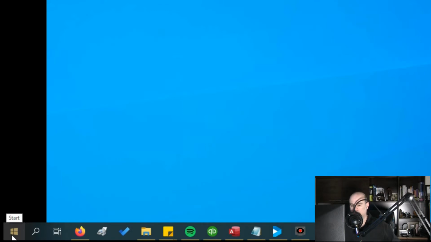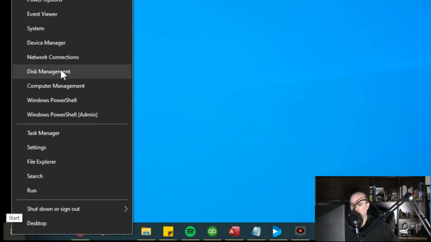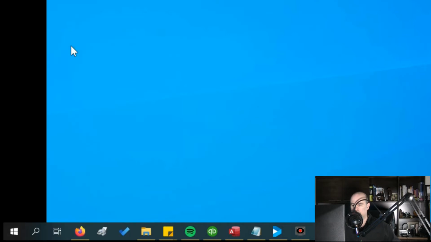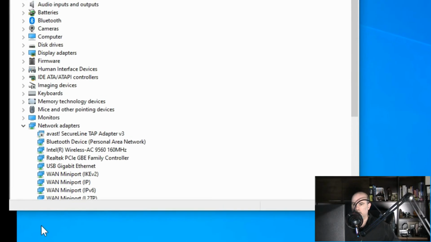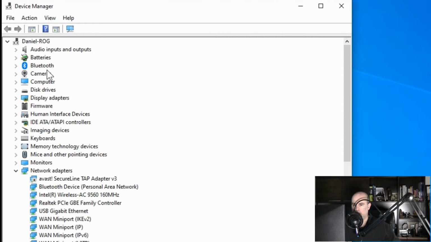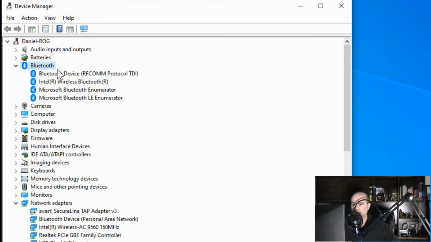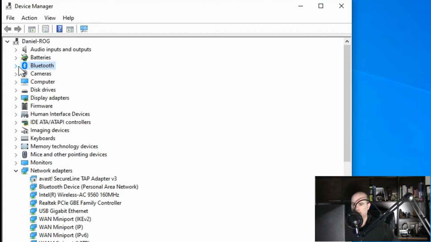The other area to check is in the device manager. So you can right click on the start button and go to device manager. That's just one of many ways of getting to it. The first most obvious thing here is there's a category called Bluetooth. So you should see that there. If you expand it, you may see several options in there, but don't worry about it. You can just ignore that. They're just a bunch of protocols and how it works. But the important thing for you is that if you see the Bluetooth category here, then you have it. And if you don't have that category, you may not have Bluetooth.